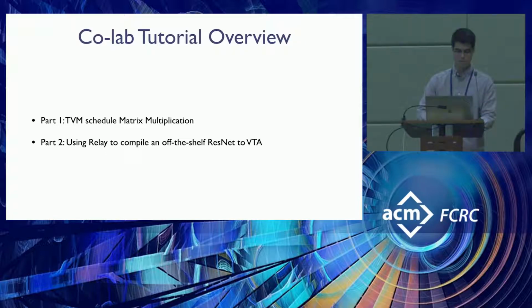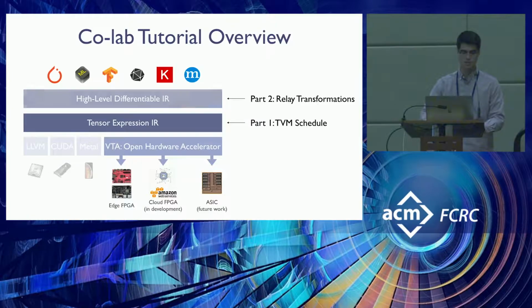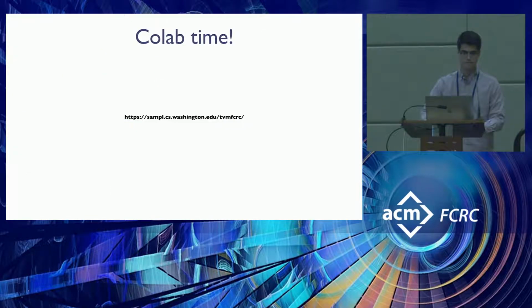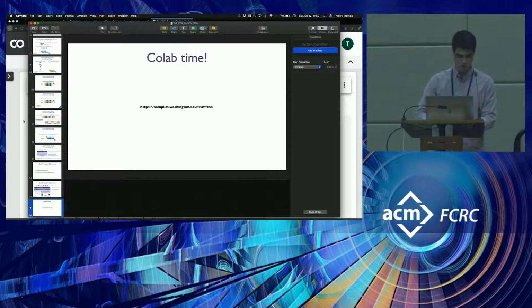For that, we're going to have to go back to our website. And I'm going to give a two-part introduction. The first one is how we use TVM to, for instance, massage a schedule to run on VTA, on an accelerator. And then the second one will look at higher level graph transformations done in Relay to essentially massage the graph so we can execute this entire compute graph onto VTA. And as you can see, this touches on those two levels of the stack. All right, so I'm going to switch over to our Colab